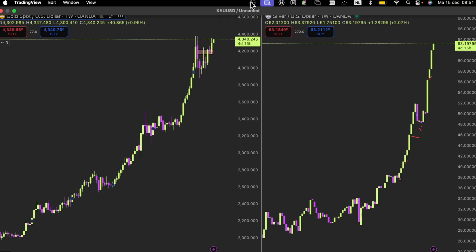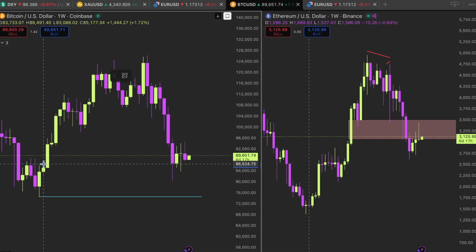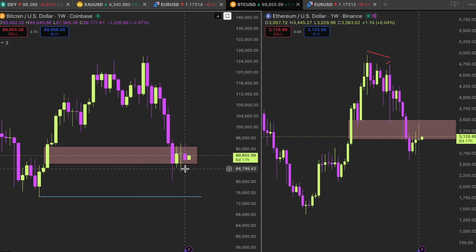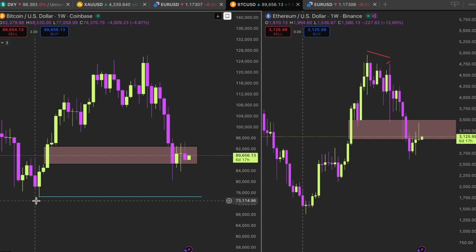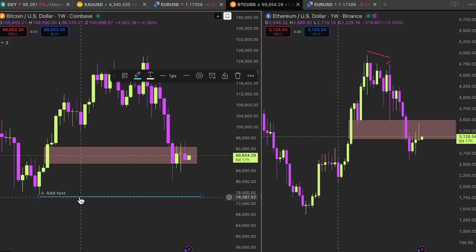Moving on to the last market, Bitcoin. As you can see in the weekly chart, nothing much has changed here. We are still respecting this inverse fair value gap over here with the bodies trading into it. We closed bearish on the weekly chart for Bitcoin, bullish on Ethereum, and if this high keeps in place, then I expect this to drop massively lower and reach towards the 74,000 level on Bitcoin. I'm definitely bearish on Bitcoin, but my next target would be this.